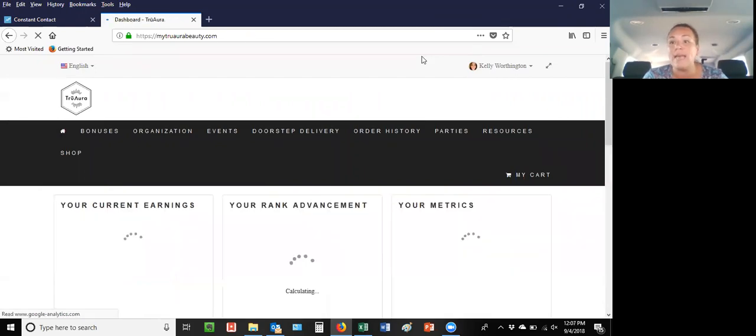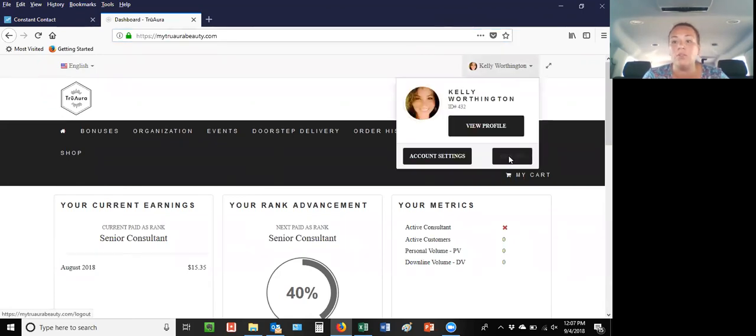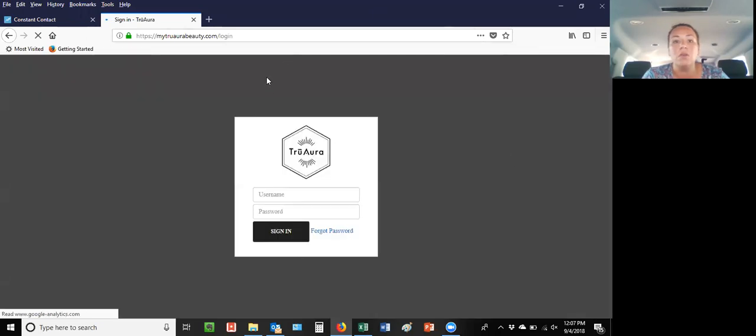Now, one of the things that I want to show you on here, because one of the other questions we had is how to order if you're in here. You'll notice that here it says shop, and then you can go into products and shop there. So you don't have to switch. You're not going to order through your website. So if I go back out here and I sign out, so if I go back to my website,